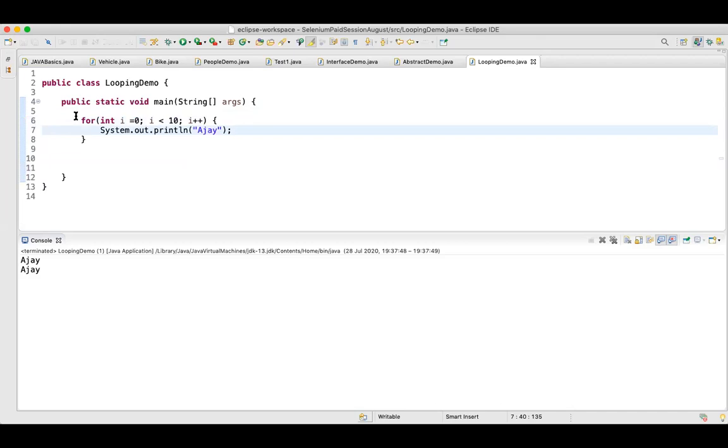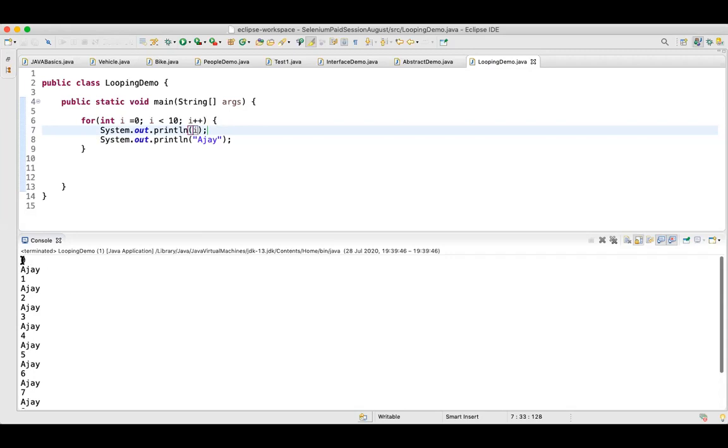So what I'm trying to say is, start from 0. So i = 0, i < 10, and i++, and keep on printing this. Whenever this condition is true, go inside the for loop and print the name. Initially I'm saying i = 0, so it will come over here and check that the value of i is 0. I'll also print the value of i. Now when I run this, can you see?